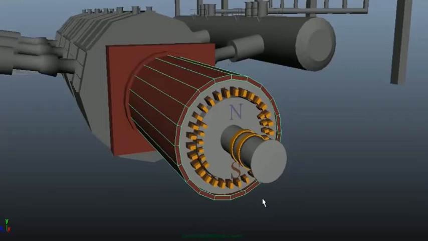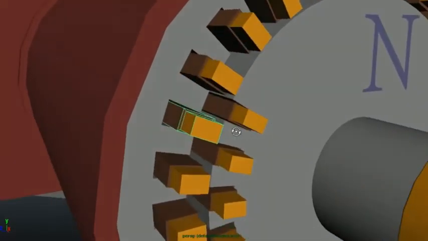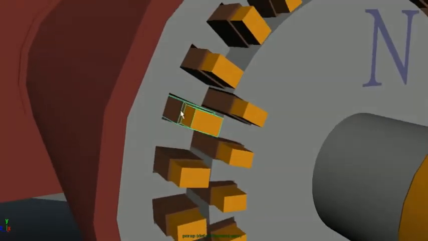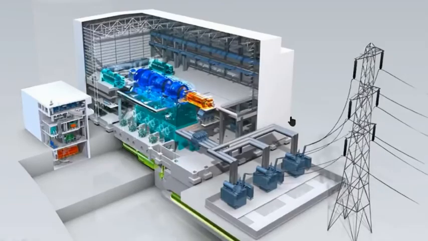Why do we not generate power at 132 kilovolt or 400 kilovolt? In that case, we would not need a transformer to step up its voltage to send it over a long distance. The answer is that whatever voltage we select, the insulation thickness depends on that. So if we select a higher voltage, we have to put heavy insulation over the conductors of the winding. If we increase the insulation over a limit, then the heat produced in the winding cannot get out and it will melt the conductors and the insulation itself.